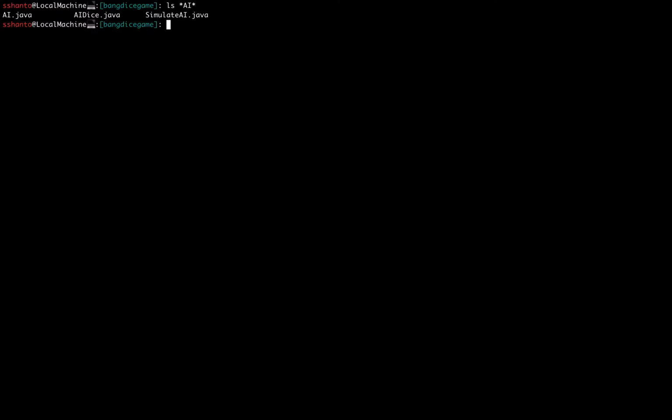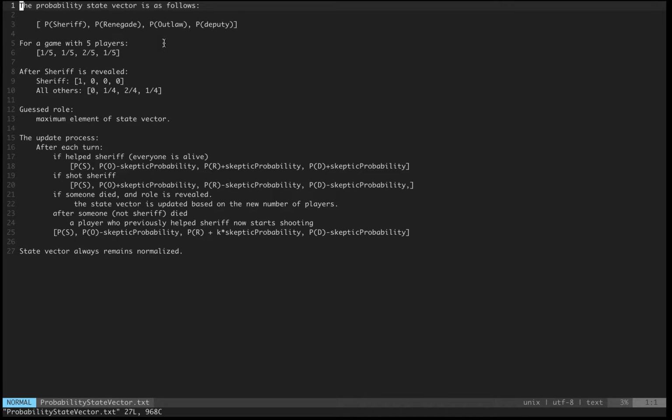The target role for a renegade AI is updated during the gameplay, as initially its target role is deputy and outlaw, but after one of them dies, it's the sheriff. The main concept of how this AI makes its decision is based on state vectors. So the probability state vector in this game is as follows, where each element of this vector represents the probability